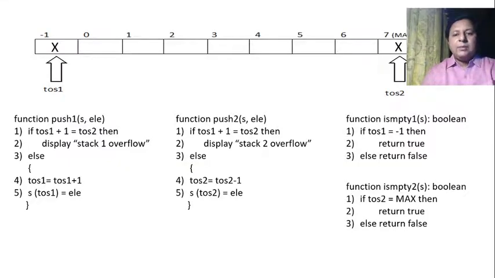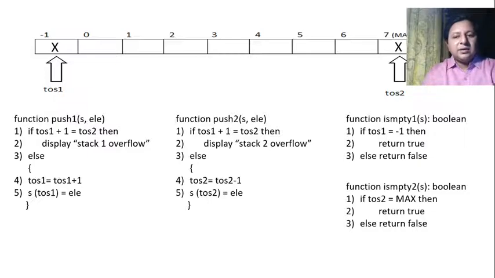Now, if you look at the diagram, you will understand what exactly is expected. So I've got an array of max. If you try to visualize the structure, which is not being mentioned on the screen, you will have one single array of some size max. Currently for this example, max is 7, and you would be having two top of stacks. So you will have toss1 as well as toss2. This is how your structure looks like. So whenever I'll be making one variable of this structure, I'll be getting a single array, but I'm capable of implementing two stacks into that array.